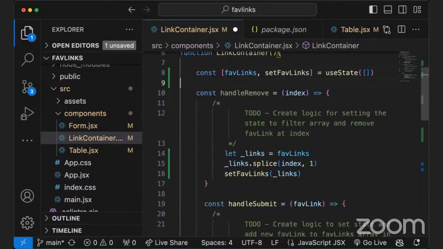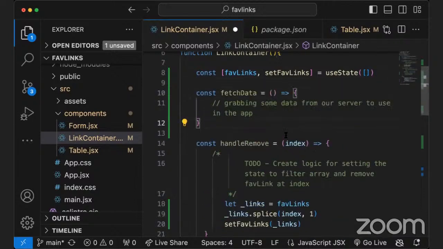Maybe above our handle remove, we just want to be able to call fetch data, grab some data from our server using the app, and establish some favlinks. So essentially, it'd be great if I could use this function to do what we just talked about: go to that server that we just called and that route that we just made and pull that data into